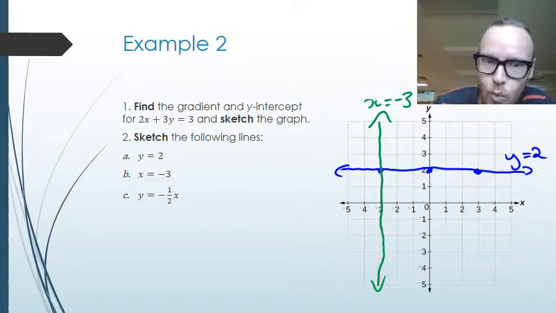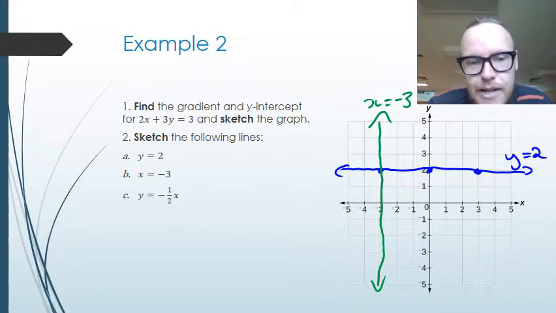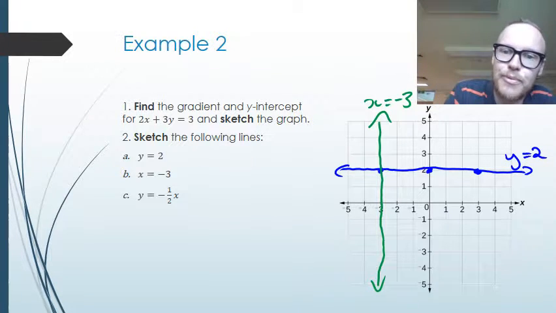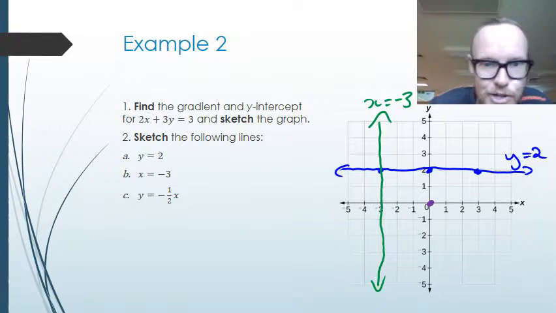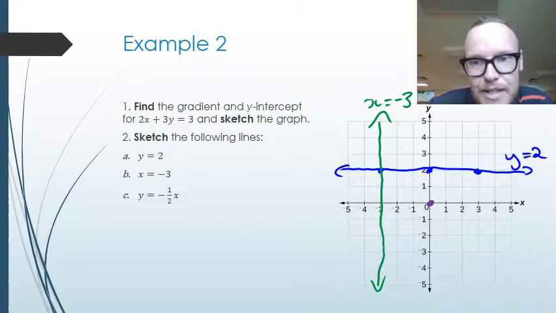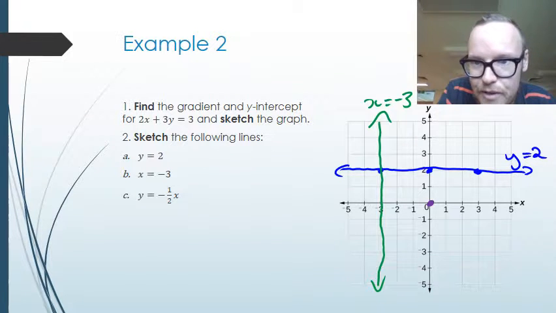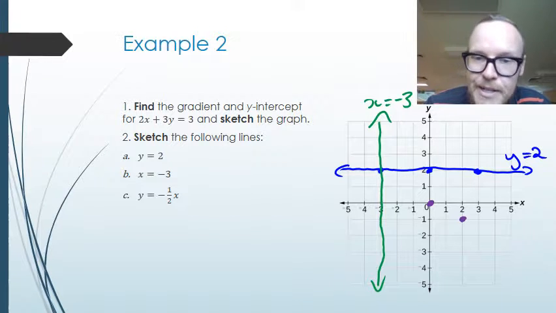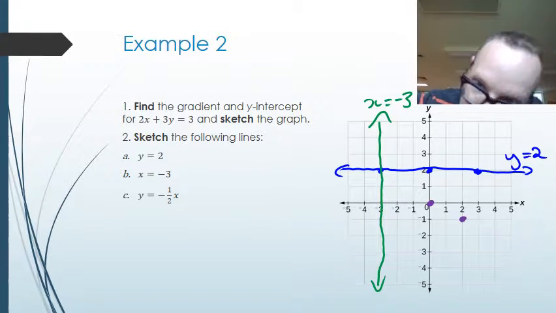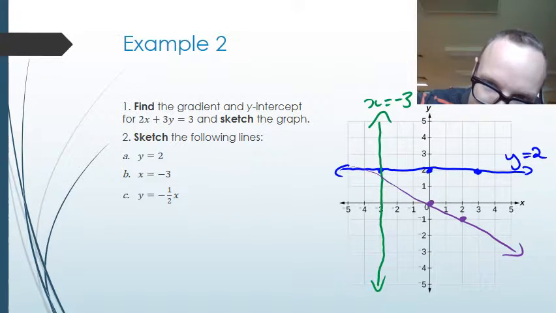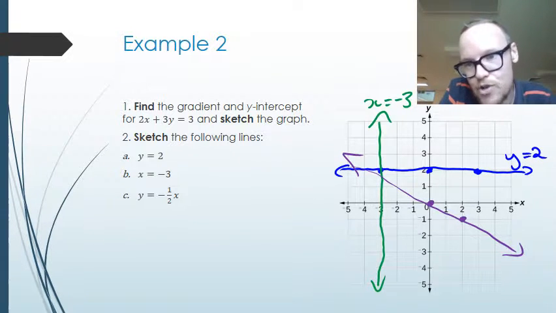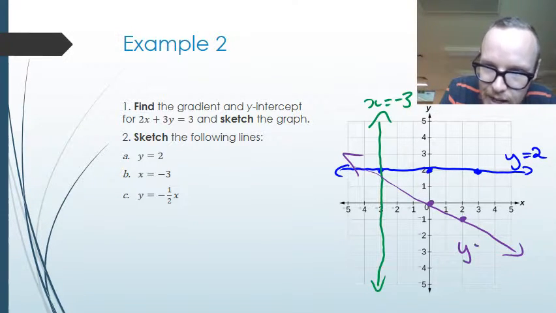The last one I've got y equals -1/2x. Now I know that the y-intercept for this is going to go straight through the origin, so I can plot that point on the origin. I also know that the gradient is -1/2. So that means if I run along by 2, then it goes down by 1 because it's negative. So I go along by 2, down by 1, and I see a second point here using my gradient. Once again, I'll draw my line to go straight through there using a ruler. Joining those 2 dots, and I will label that on my axes,